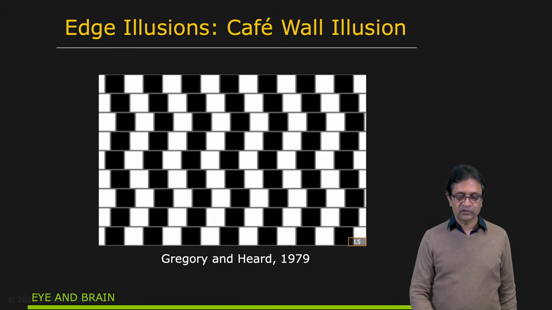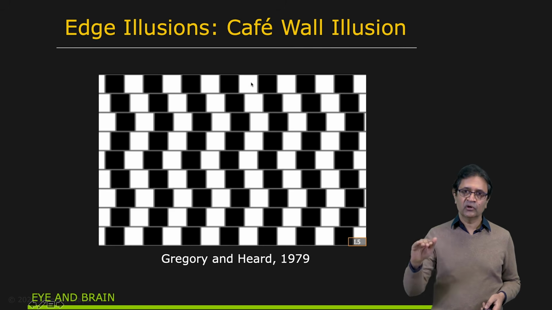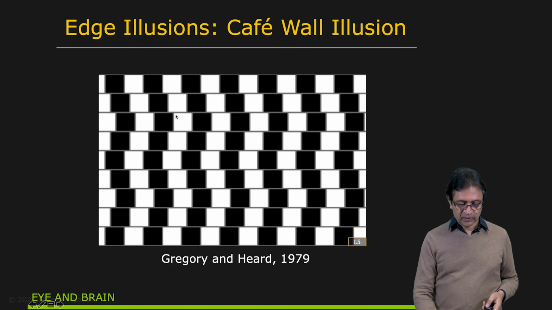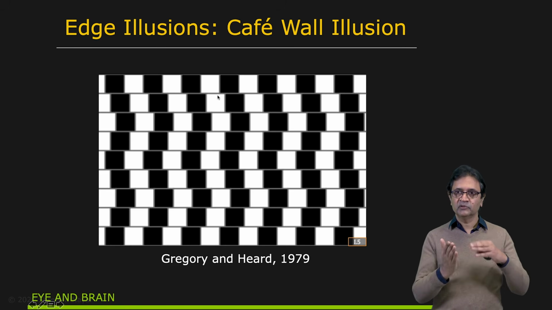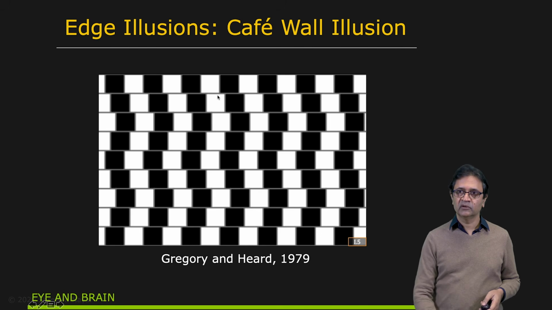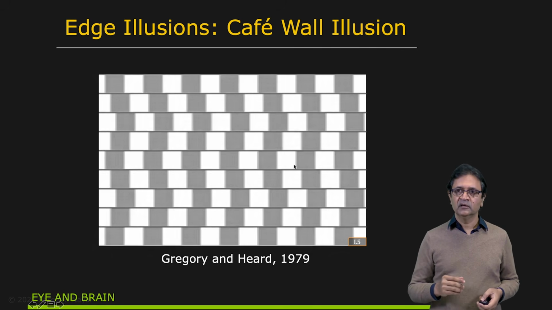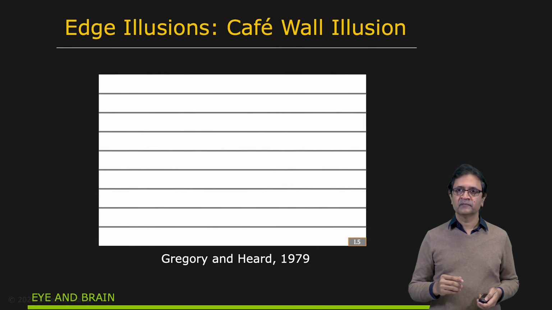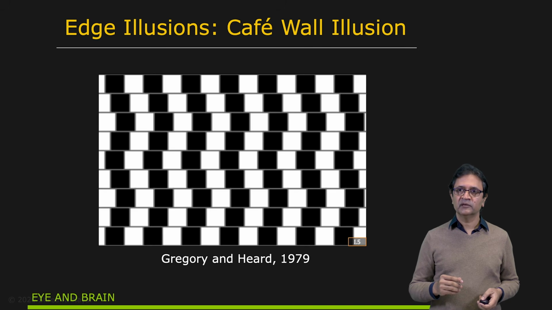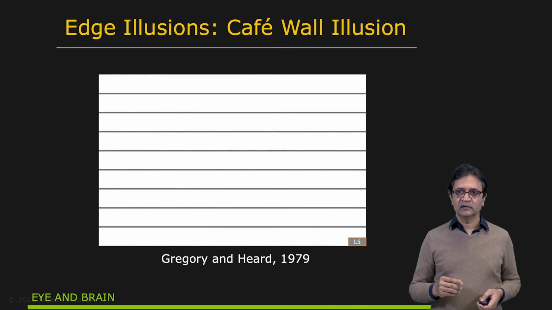Here's another really interesting illusion, a very well-known illusion called the cafe wall illusion. So in this case, you see these little tiles here. And if I remove these tiles and just show you the horizontal lines, when I look at this picture right here, you see that these lines seem to be tilted with respect to each other. We can all agree on that. If you remove the black tiles, you see that they're perfectly parallel. Let's take a look at that one more time. Tilted horizontal lines are actually parallel lines.